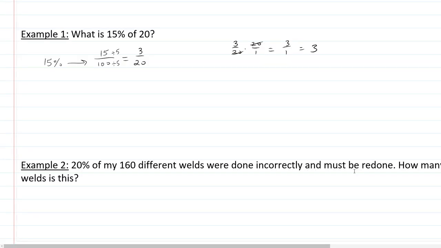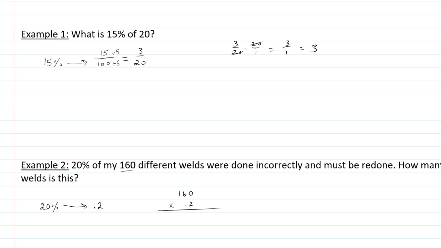Example 2. 20% of my 160 different welds were done incorrectly and must be redone. How many welds is this? So first, I'm going to convert 20% into a decimal. I want to do a decimal this time. So 20% is 0.2. And then I just carry out decimal multiplication with 160. So 160 times 0.2